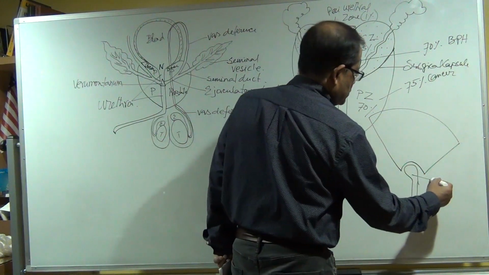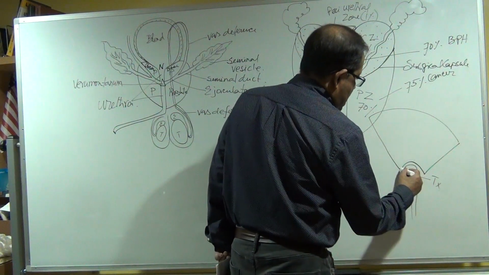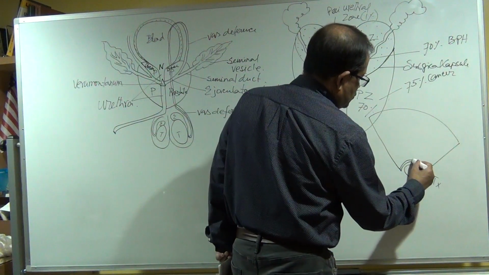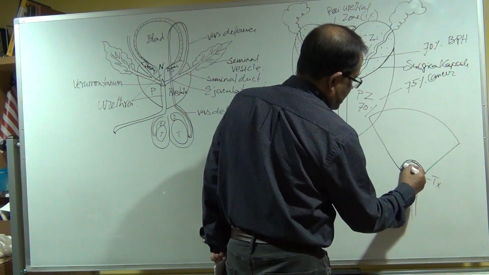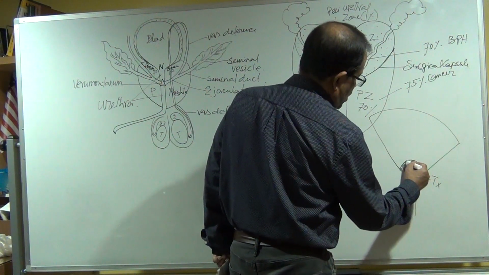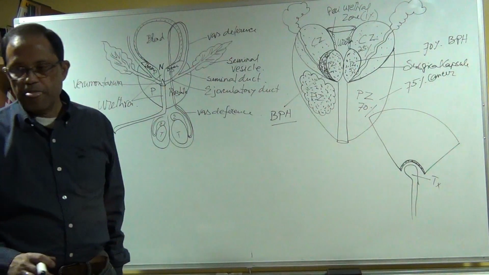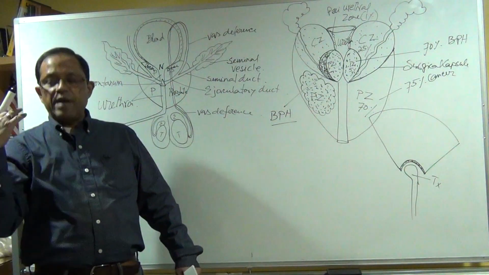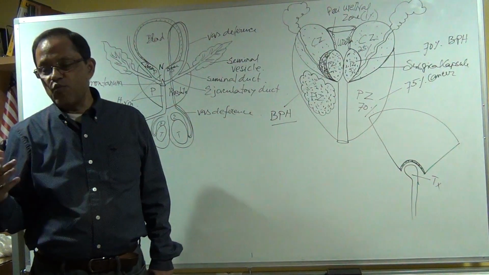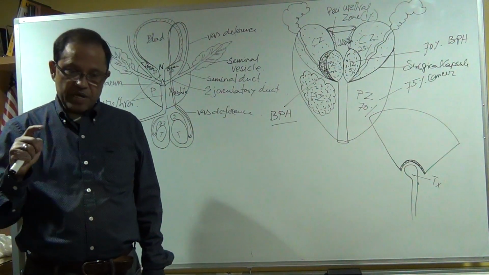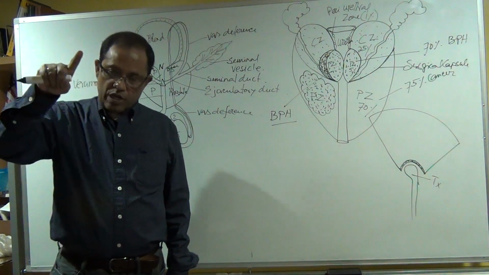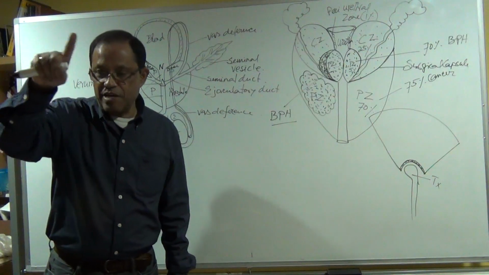This is transducer, and close to the transducer, this layer is the rectum, because the prostate gland is embedded on the anterior wall of the rectum. So when the examiner inserts the finger through the rectum, they palpate the anterior wall of the